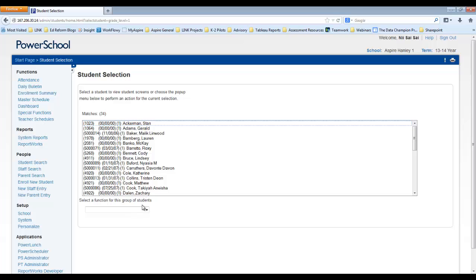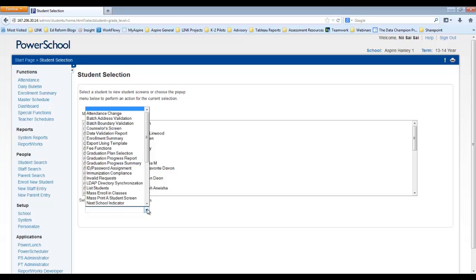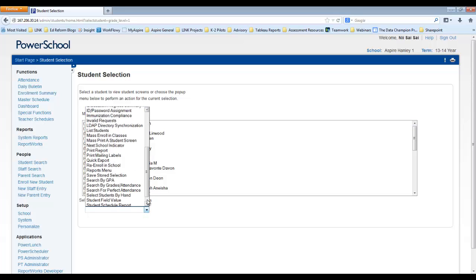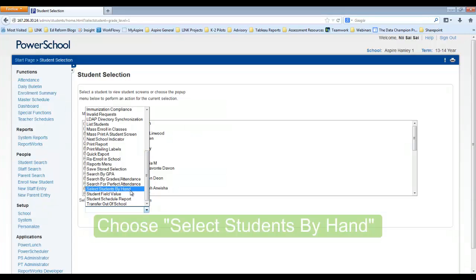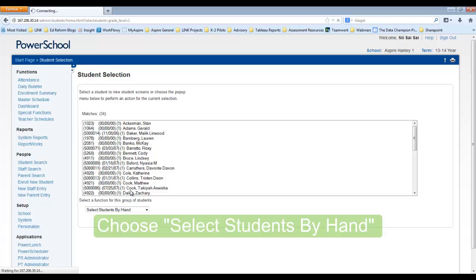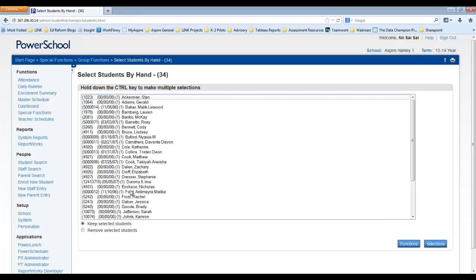To do this, click on the drop down, scroll down and pick the select students by hand option. What this does is allows you to select by hitting control and then clicking on the specific students that you'd like to pick. So the first student I would like to pick is Stan Ackerman, so I can click on